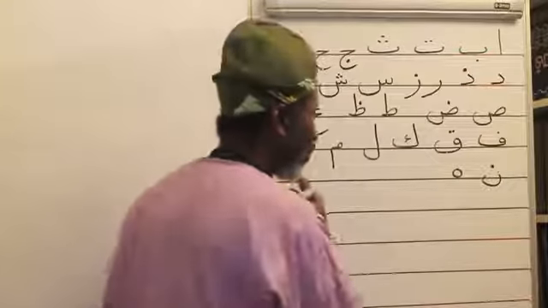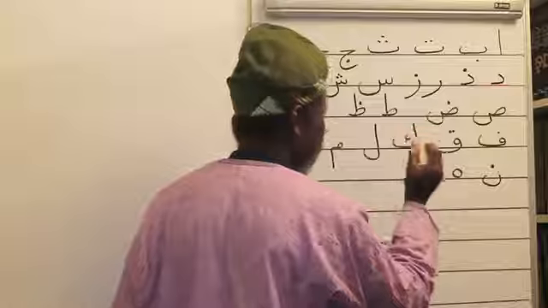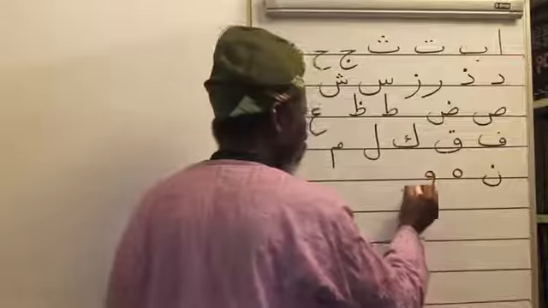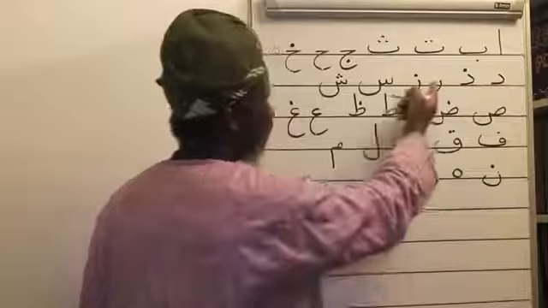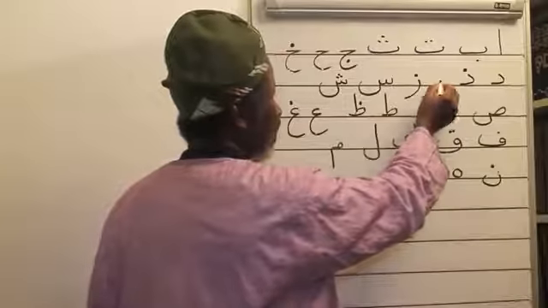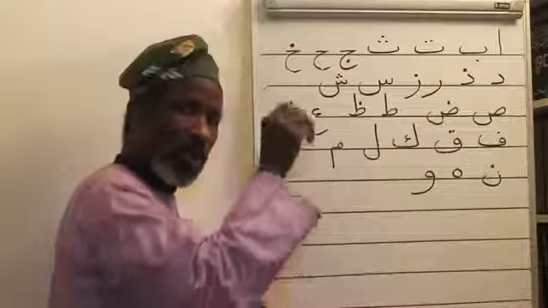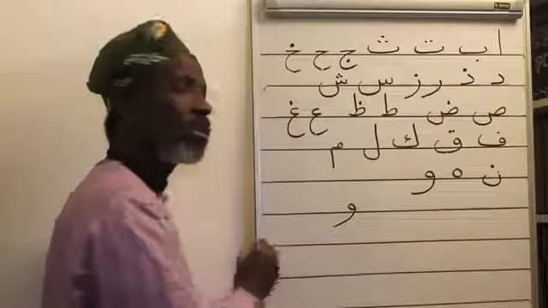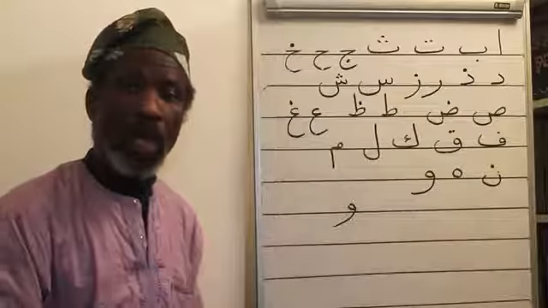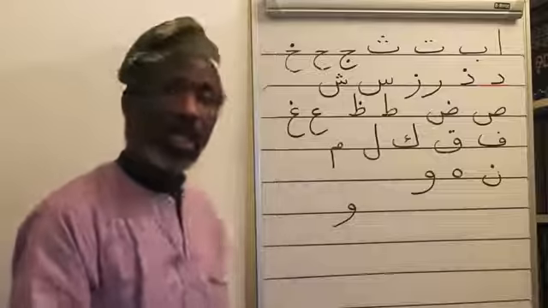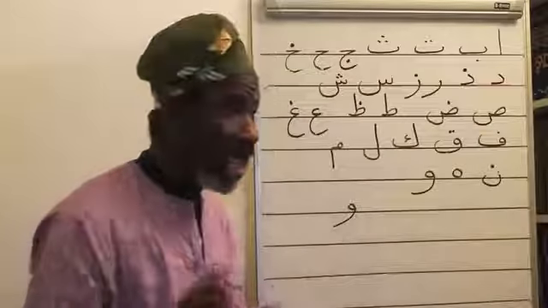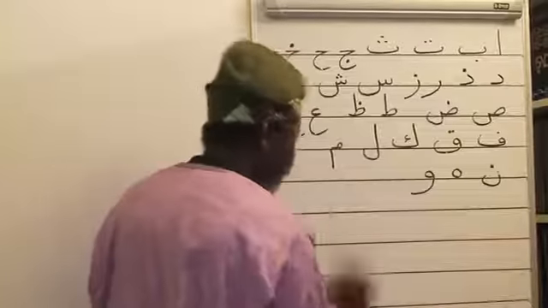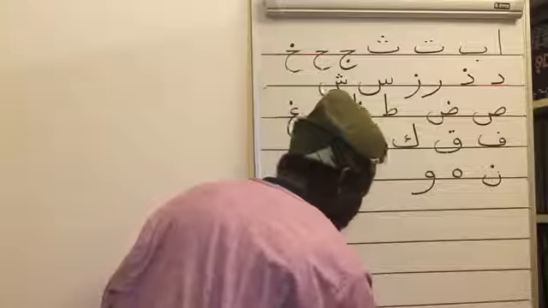Now, the next letter, also single, is Waw. Imagine this one. It's like a Ra and a Zain having a head. You go clockwise this way, and then just drop it. That's your Waw. As if you have nearly finished your letters. So, Waw, we nearly finished. And the last letter in the alphabet,